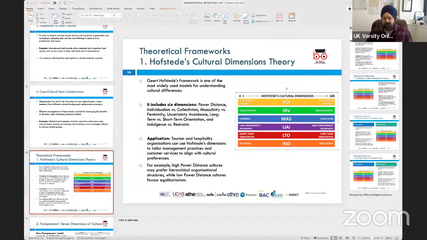So he was essentially a Dutch national, and when he carried out this exercise of understanding people working, he worked within IBM to a certain extent. So when he looked at how the company employs people within different geographies, for example 50 or 55 different countries, what are the various dimensions which can affect the working and productivity of an individual within the organization. So he came up with these